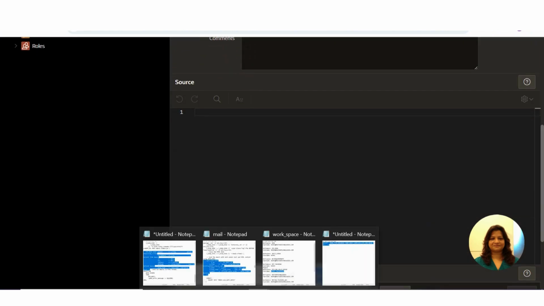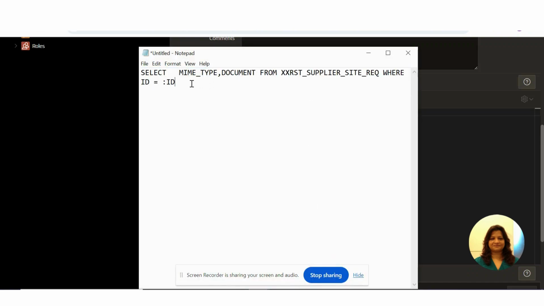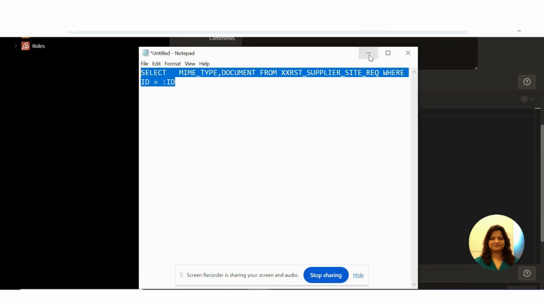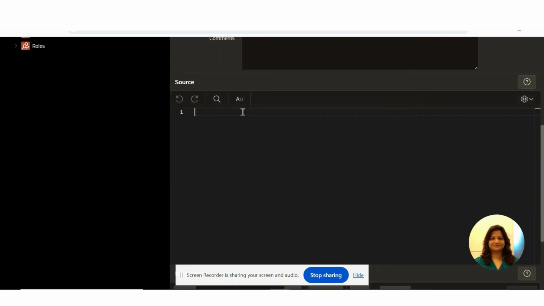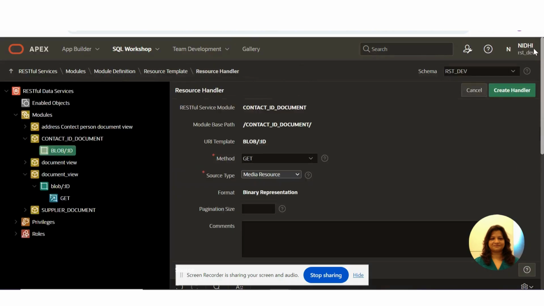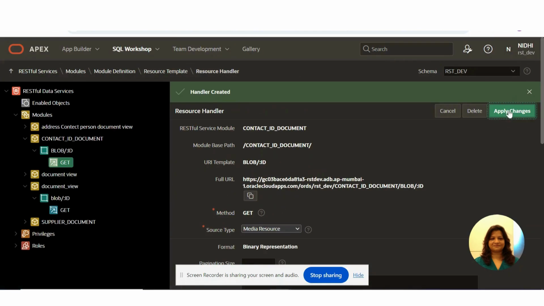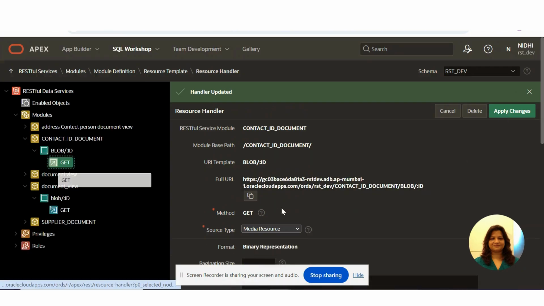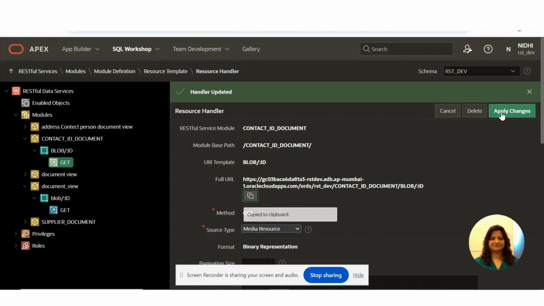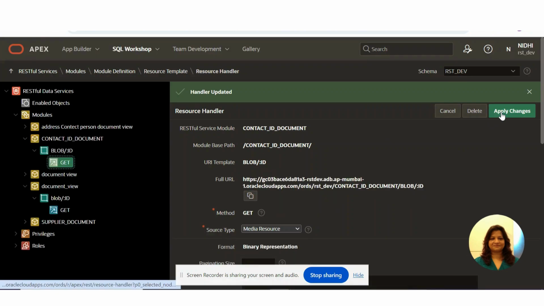I have to write a query: select mime type and document. Document is the blob column, with the table and ID. So I created a handler, applied the changes, correct.